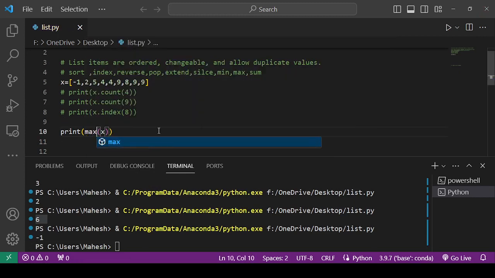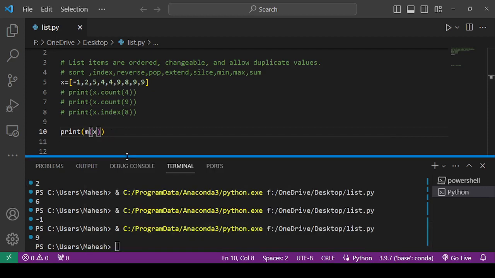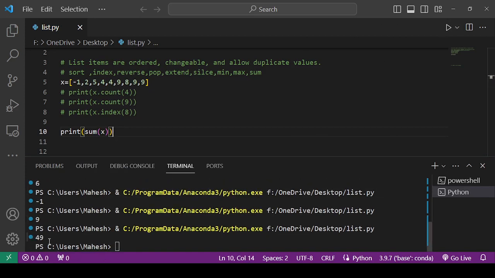The max value is 9. So I will get this 9 there. Now if I want to find the sum of x, it will add all these elements and I will get the output this way. The sum is 49. See here, in this way we can use the list.